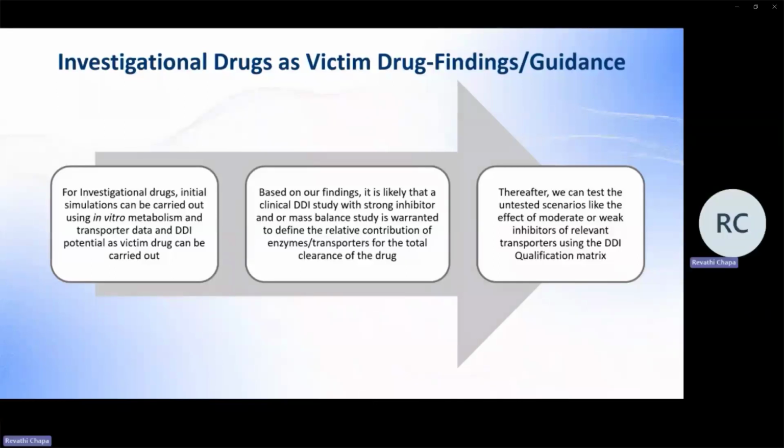So you might be wondering what the interaction parameters are, that is, inhibition and induction parameters that we optimized or obtained from the literature for the perpetrator models that we developed. For example, rifampicin or gemfibrozil and its glucuronide, or itraconazole and fluconazole. These interaction parameters are listed towards the end of the presentation, and are well verified using substrates for OATP1B or PGP or BCRP.